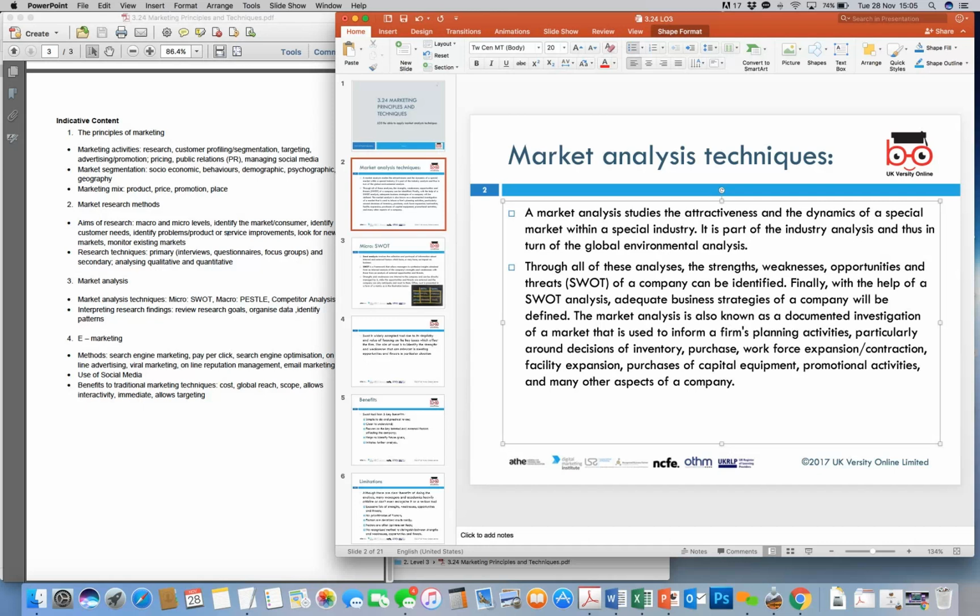Now, these two particular tools are used under market analysis when you want to understand and also segment, detail out, whatever you call it. You're looking at basically understanding in detail the situation or factors which are affecting the business. Now, we look at SWOT from the point of view of micro analysis, because when we look at this kind of analysis, the idea is you're looking at the situation from an internal perspective. These are factors which would affect the company or a business from an internal point of view,